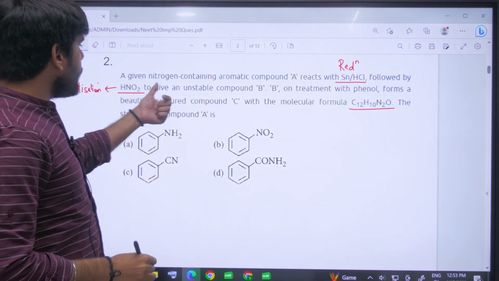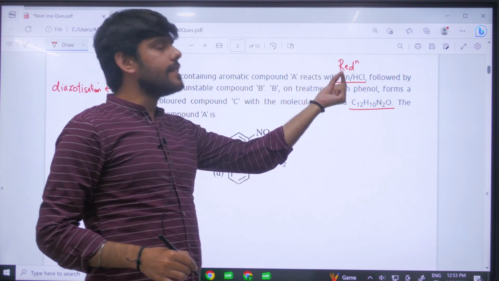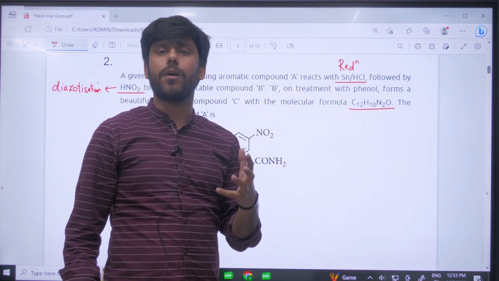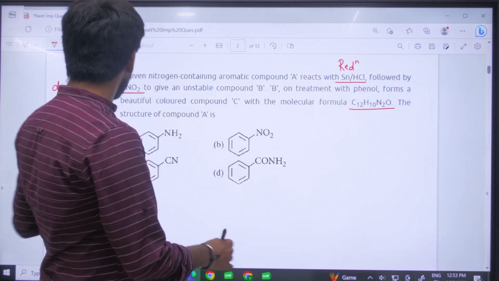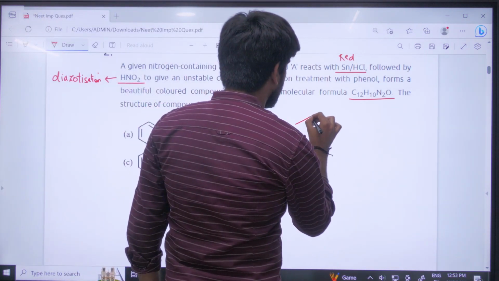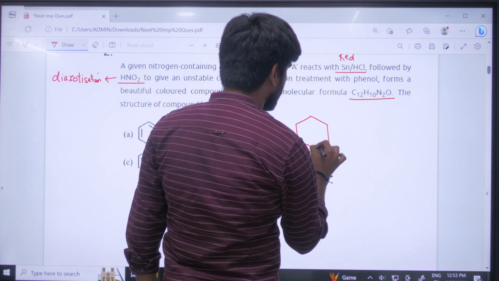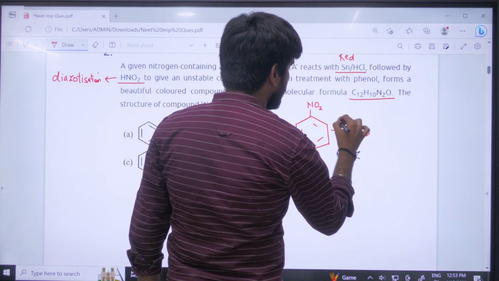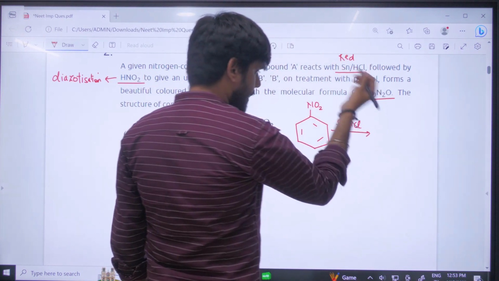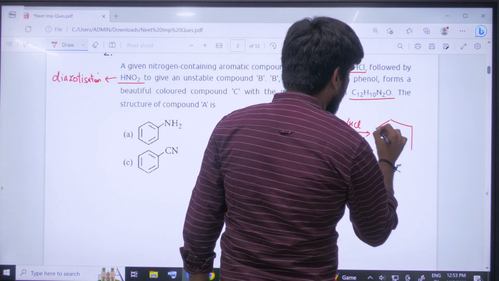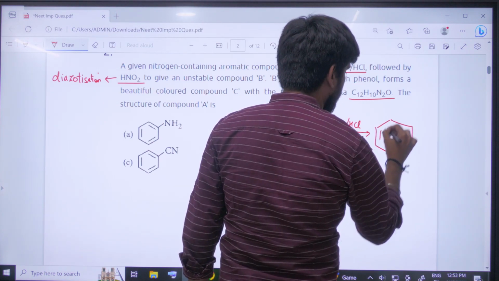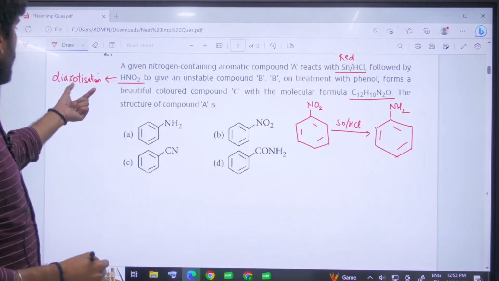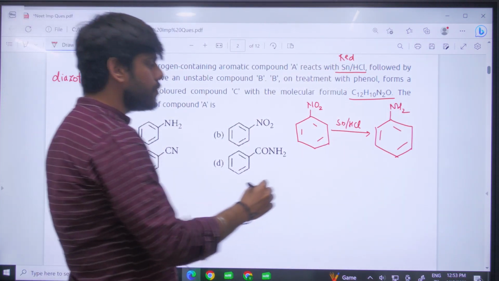So a given nitrogen containing compound A reacts with Sn and HCl. You know that this is a reducing agent. We use it for the reduction of nitro compound to the amine. So basically, if I start with this nitrobenzene in the presence of Sn/HCl or Fe/HCl, I end up getting aniline. This is your aromatic amine, aniline. Now aniline on reaction with HNO2,